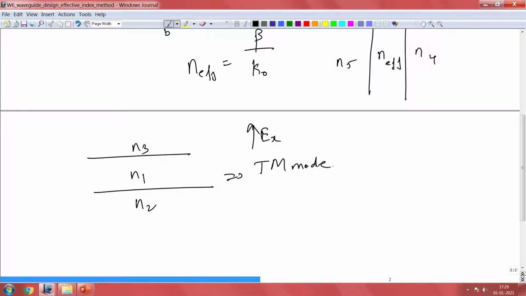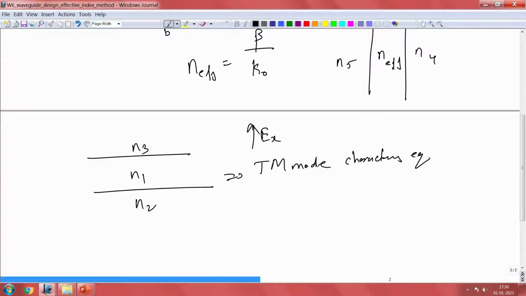So, the electric field is vertical here. Okay. So, the electric field is perpendicular to the long axis that you have here. So, we need to use the appropriate characteristic equation here. So, TM mode